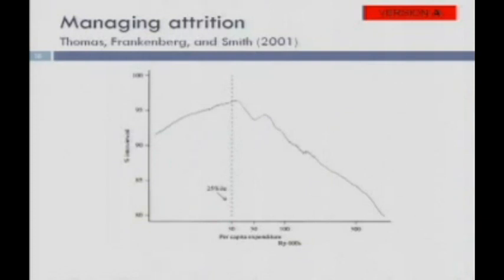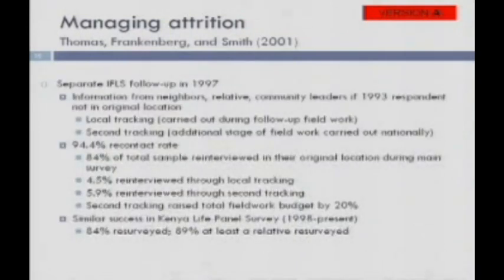So if they were interested in the trends in income in their sample over time, they would get that wrong if they're not accounting for attrition. But the other thing they showed is that they took a maniacal approach: we're going to minimize attrition and we're going to find people. They got information from neighbors, relatives, and community leaders to find out where people were. If they were in the local area during the field work, they tried to find them. If they'd moved, they collected a bunch of names and then went to find them. I've been involved in similar things in Kenya, with Ted Miguel taking the lead.